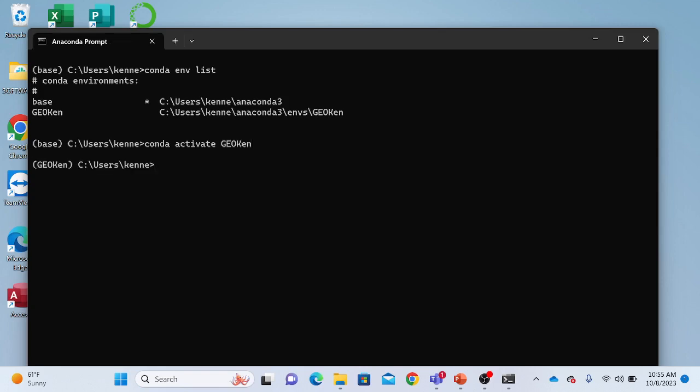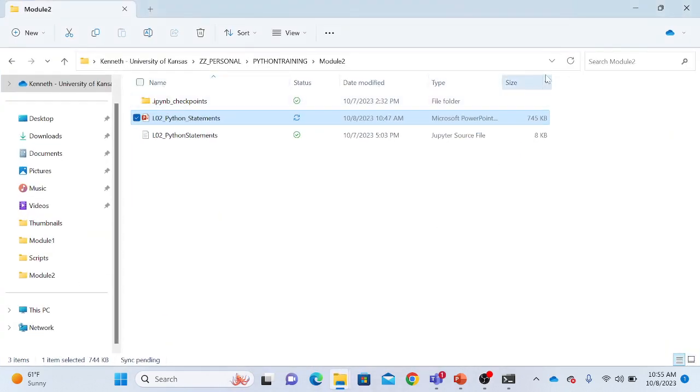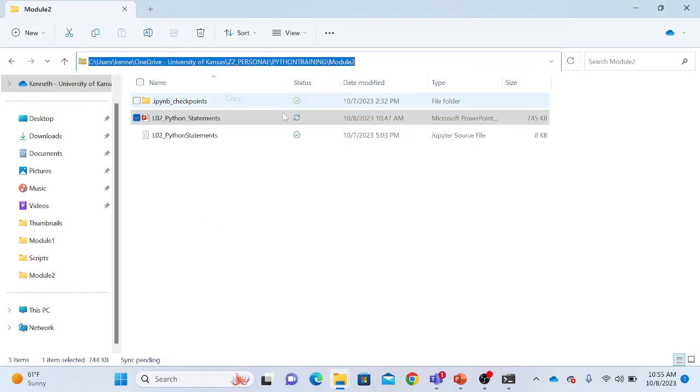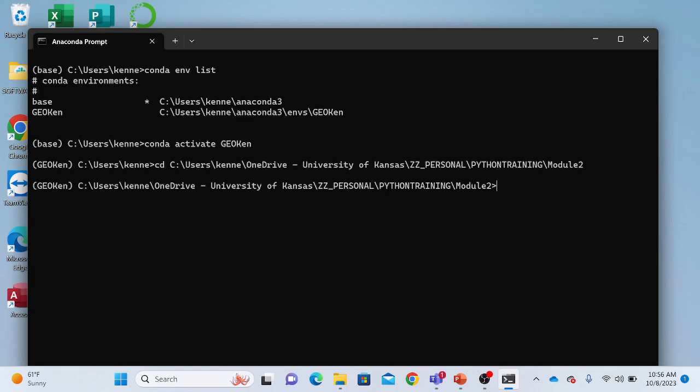It's active. What I want Python to do is go to a directory. So I go to the module 2 for this week that I'm working on. I'm going to press Control C, or once I highlight it, I'll just right click and copy. I'll say change directory, go to my working directory. So I'll say CD, which is change directory, and then I'll press Control V, and the Anaconda prompt is going to center at the working directory, and then I'm just going to say Jupyter Lab,